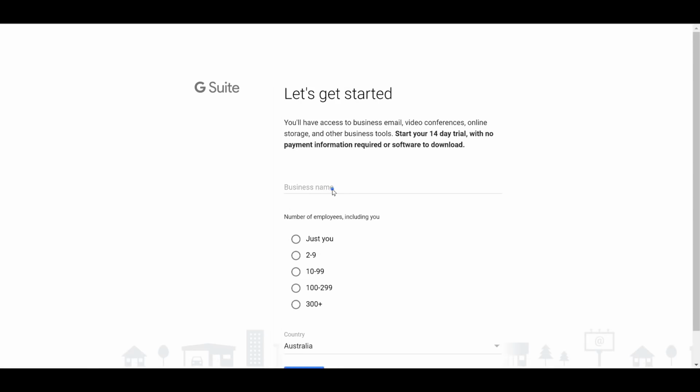Then you're just going to simply type in your business name. So if you're creating a personal brand, of course you'd put in your full name. So I'd put in Isaac Blenko. Or if you're setting this up for a business, you'd simply type in your business name. Okay, pretty self-explanatory. So I'm just going to go with this,